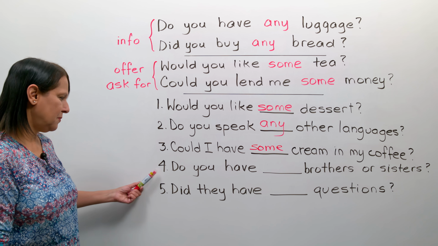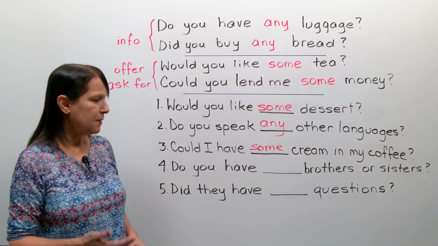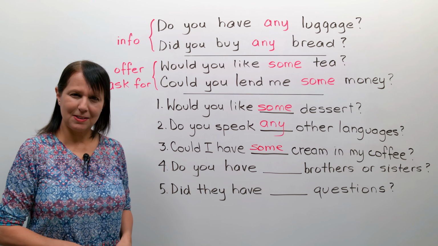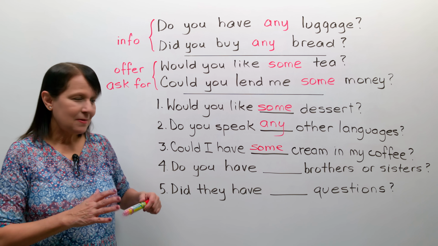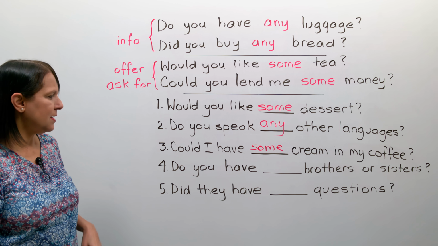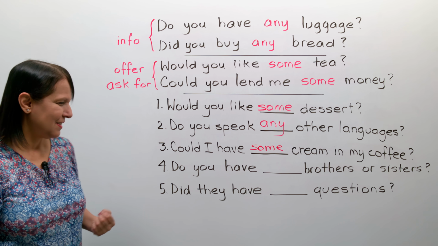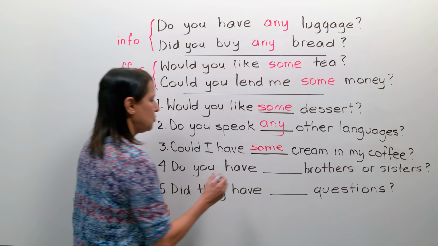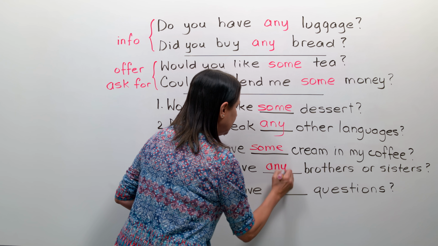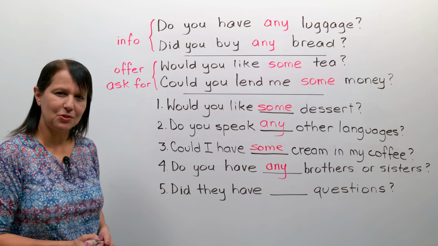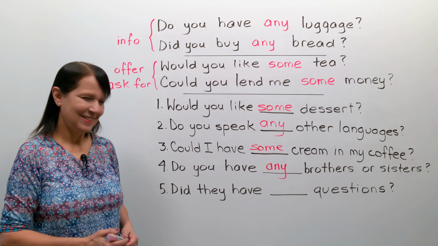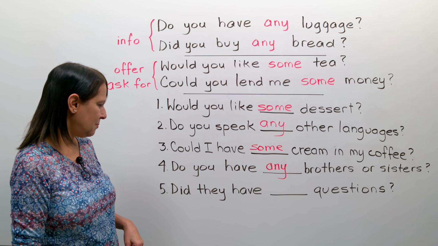Good. Number 4. Do you have blank brothers or sisters? What kind of question is that? Okay? It's more of an information question. So therefore we have to say, do you have any? Do you have any brothers or sisters? Okay, that's it. And the last one, number 5,